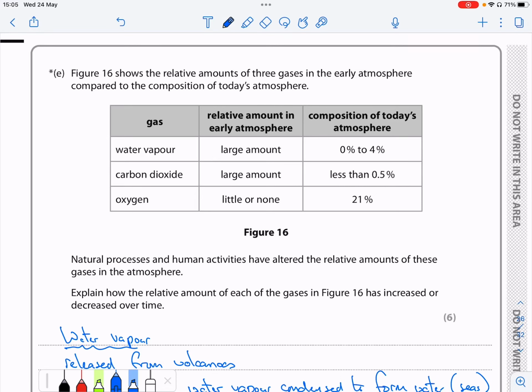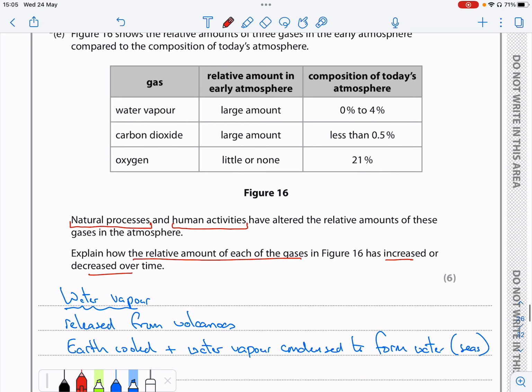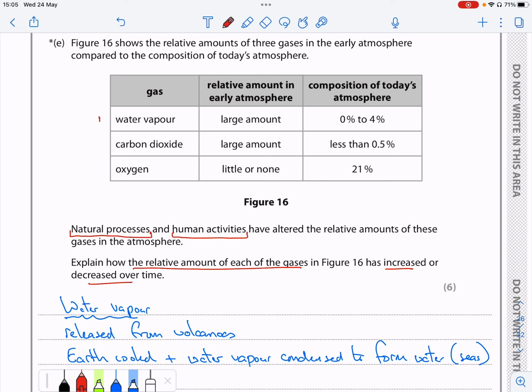Okay, again, the important thing here is to understand the approach to this question. So we want to talk about the relative amount of these gases, how they've changed, if they've increased or decreased. And we need to talk in terms of natural processes and human activities and their impact on the environment. Okay, so I'm going to do kind of three sections, one for each gas, and then talk about these different